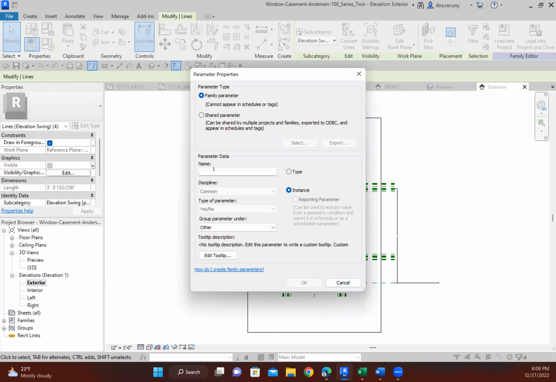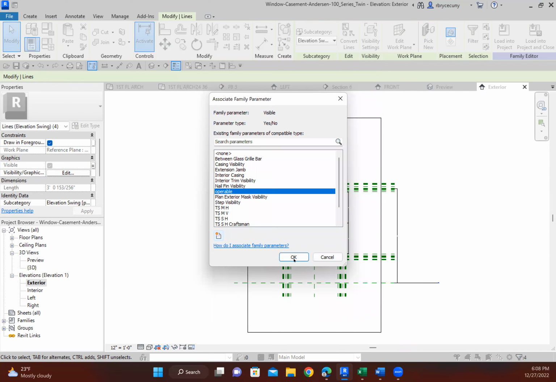So I can't say okay to that. Now, instance means that every window that I click on, I can have it operable or non-operable. If it were type, then every window would either be operable or non-operable. So some windows open, some don't. So I want to make it an instance, but I'm going to cancel that out because I already did it. And so now